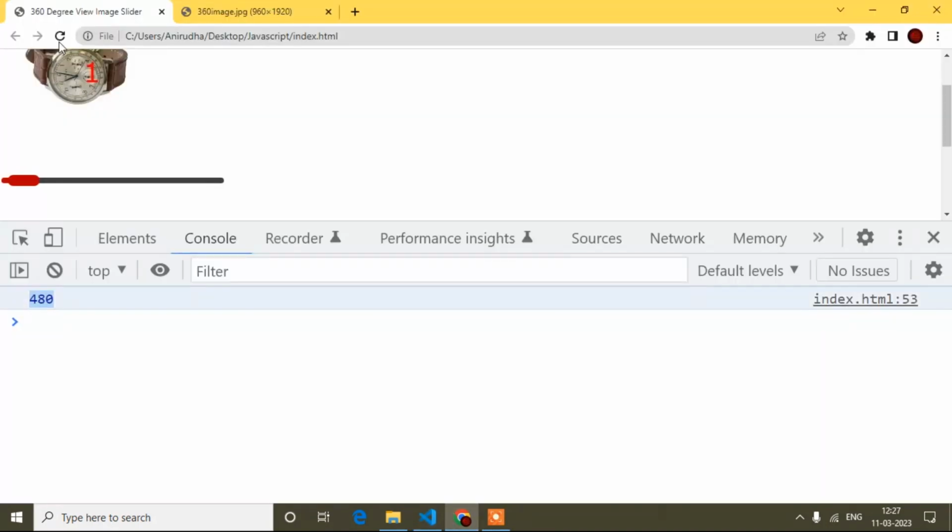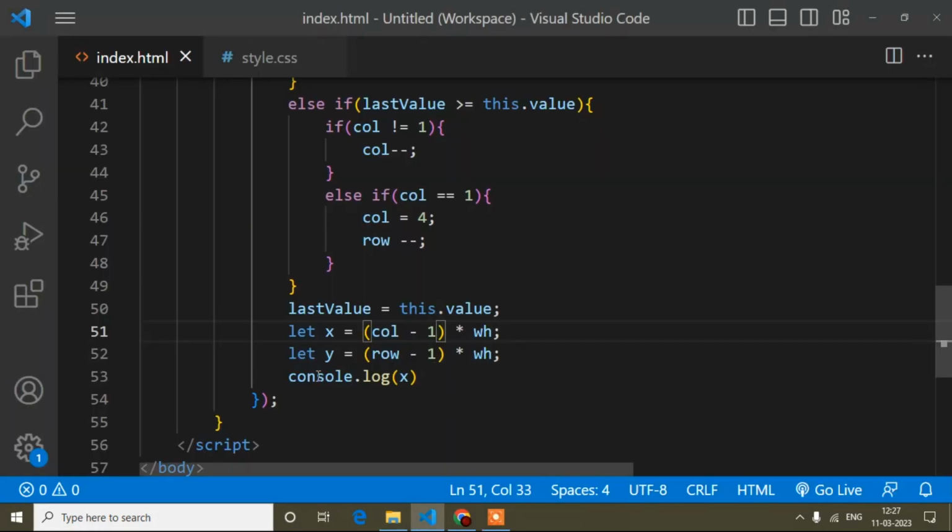So see, now if I move, it is 240, then 480, like this way, and later I will add the minus here. So that's why I wrote minus 1 and minus 1 here. Now I will assign this x and width. So this dot parent element.